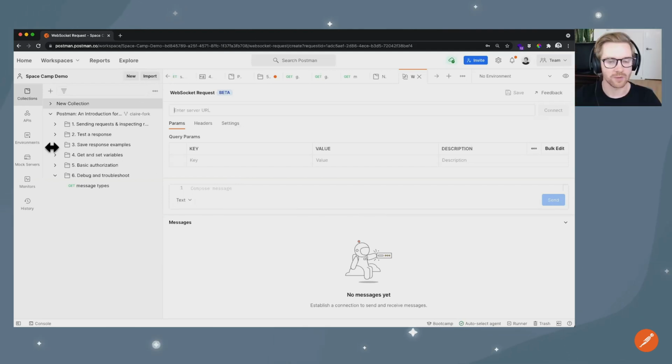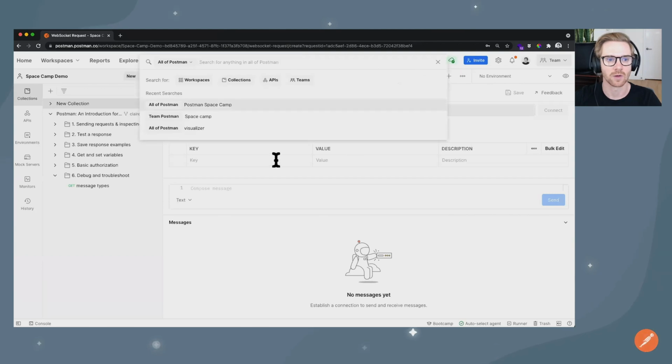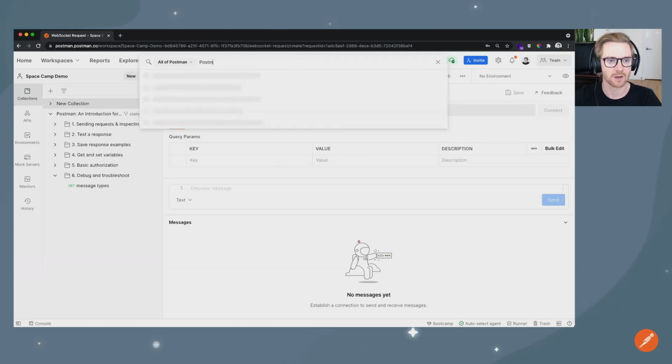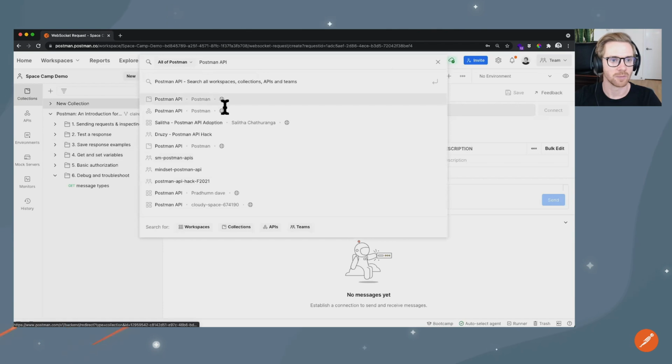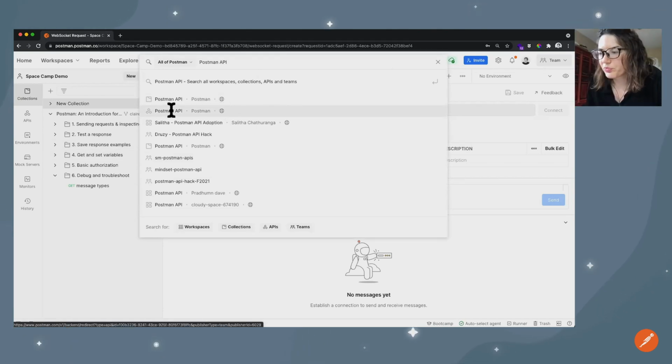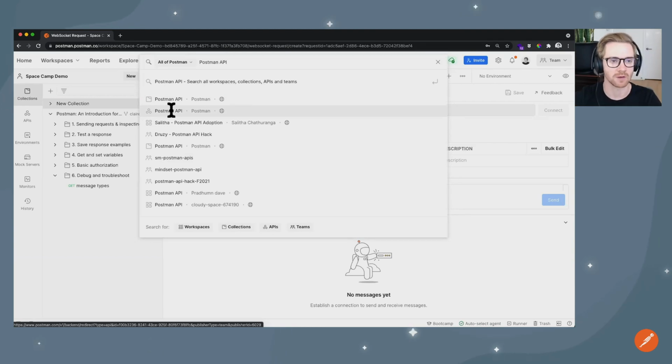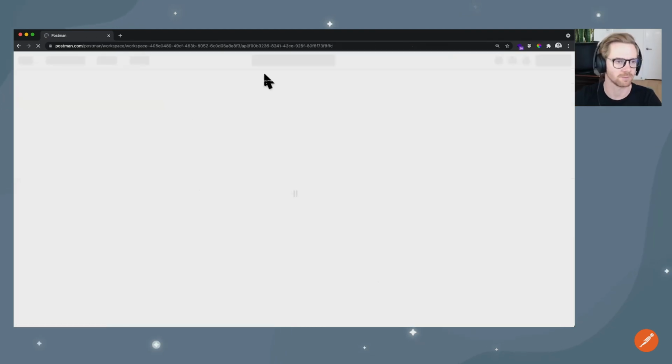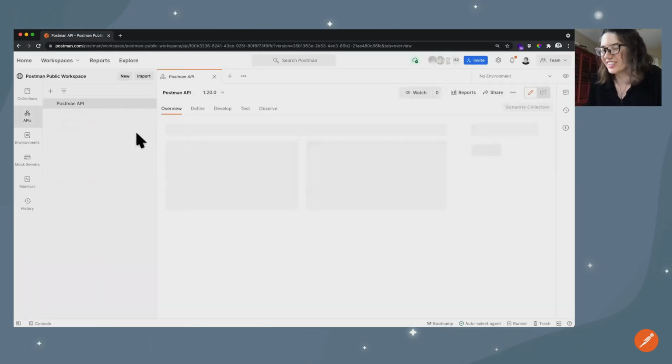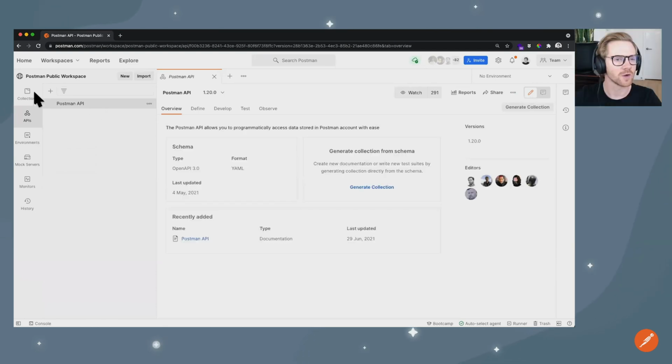One other thing worth mentioning, Claire, would be the Postman API. That's another way to go about using webhooks. If you go in the search bar and search for just Postman API, this should pull up the workspace. Yep, they're both from the Postman team. Actually, let's do the collection one. This will bring us to the right spot. We're in the right workspace. Go to collections